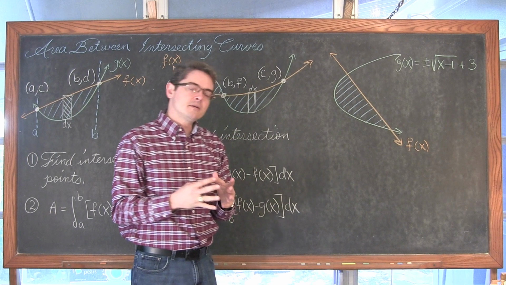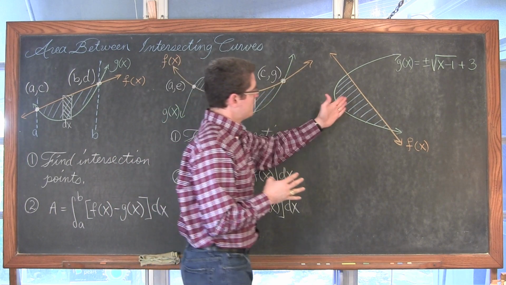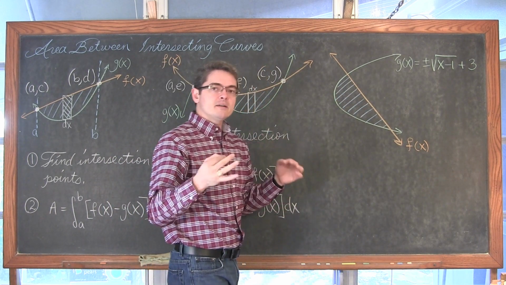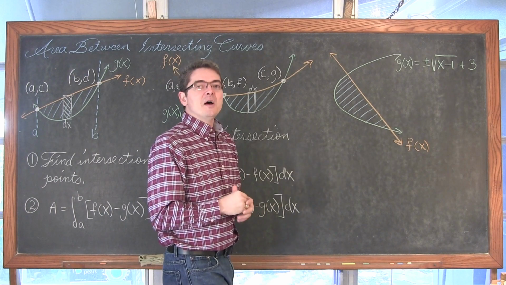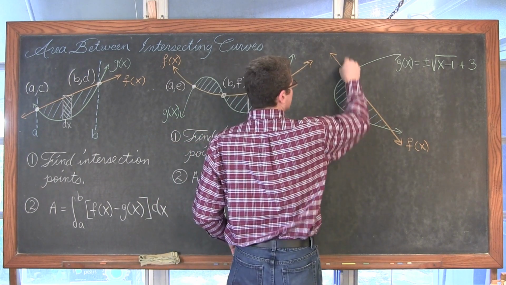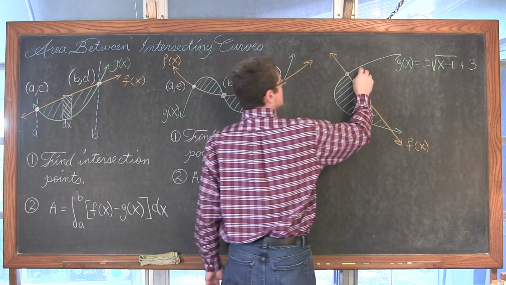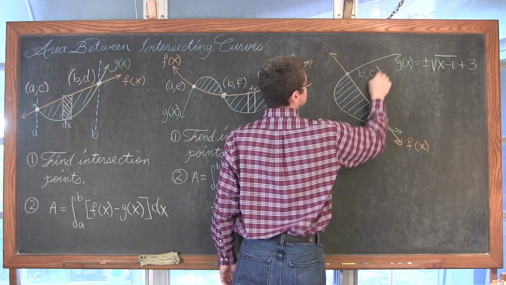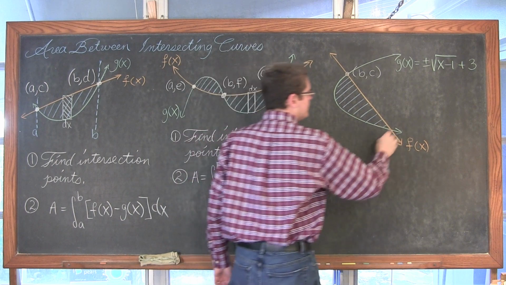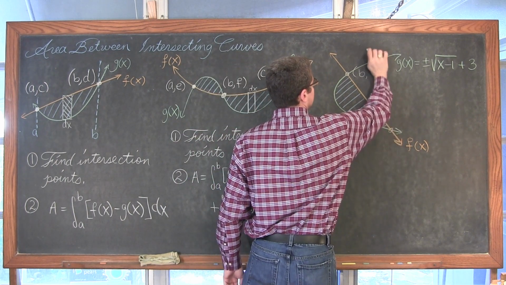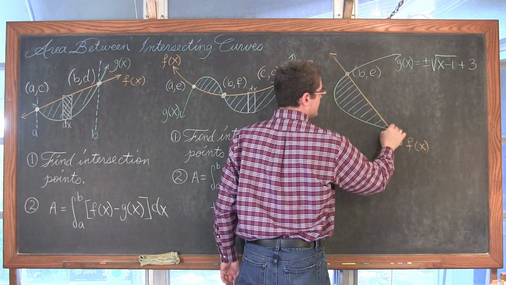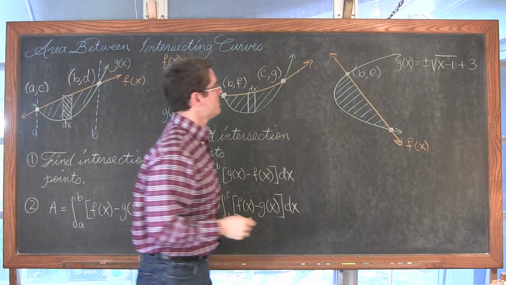If you're going to find this area with a bunch of infinite vertical rectangles, we have an intersection point here. We'll just go ahead and call that BC. And we have another, let's call that BE. And now we have another intersection point over here, which we're going to call CF.